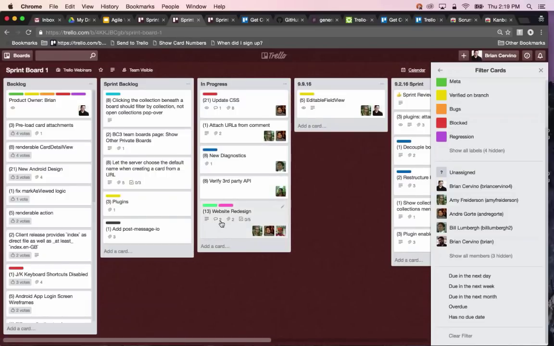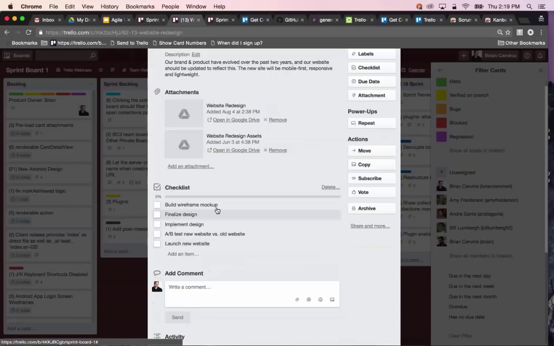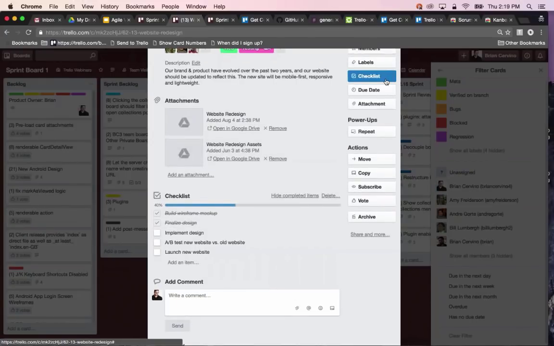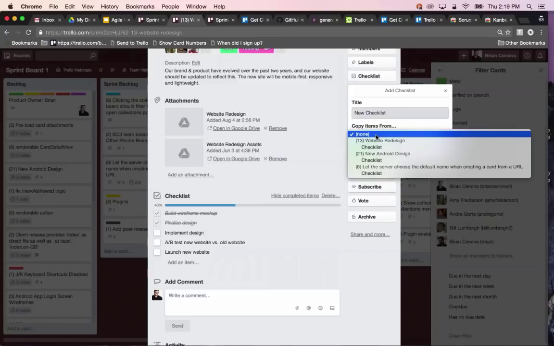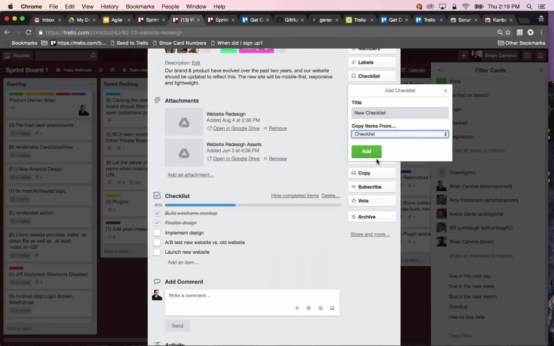So for tasks that require multiple parts, checklists can be created so that each subtask can be listed and checked off as it's completed. And you can create a new checklist right from the side of the card. You can name it whatever you want. And what's also really cool is you can copy checklist items from another card on the board. So for instance, if I have a process that needs to get done multiple times, I can add that checklist,